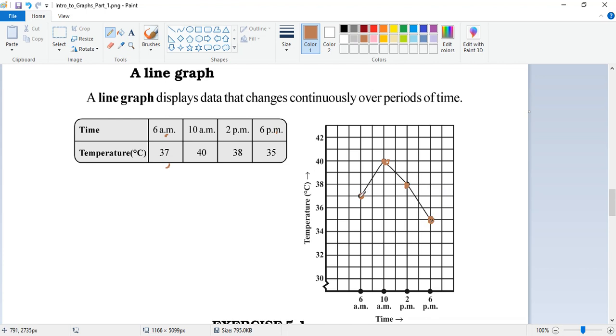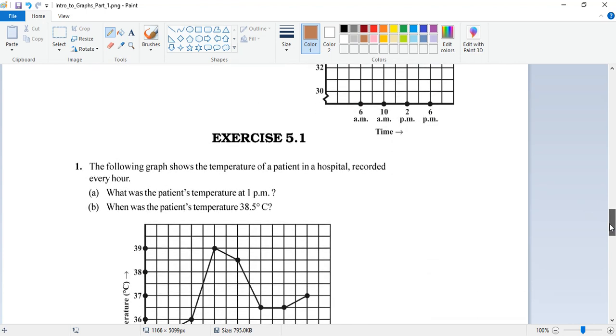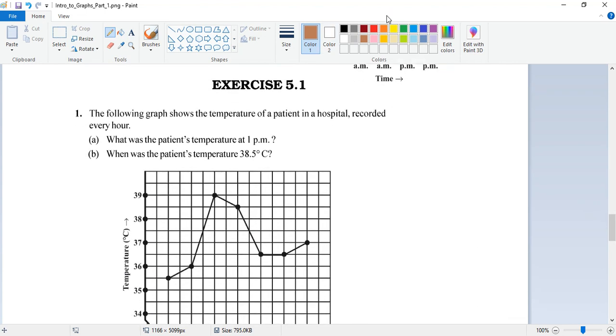Then you simply join them, okay. So you join it as a line. So this is a line graph, okay. So you get this kind of a figure, okay. Now come to exercise 5.1. We are going to